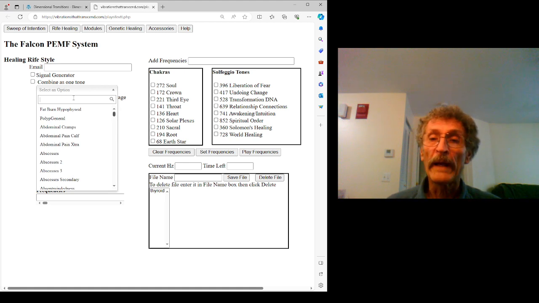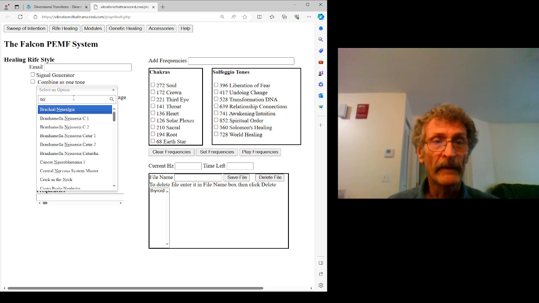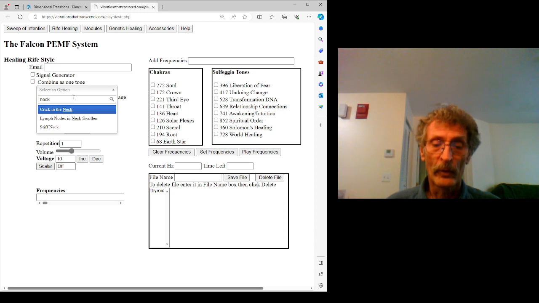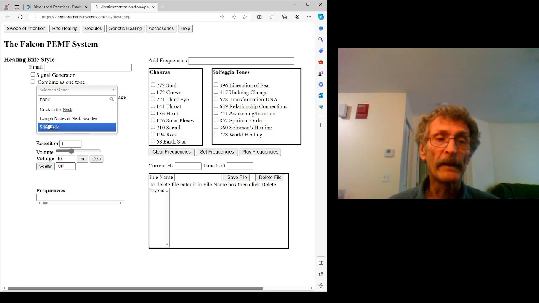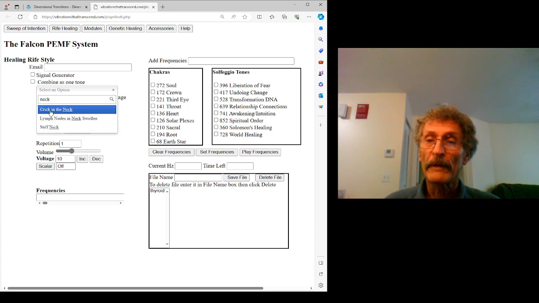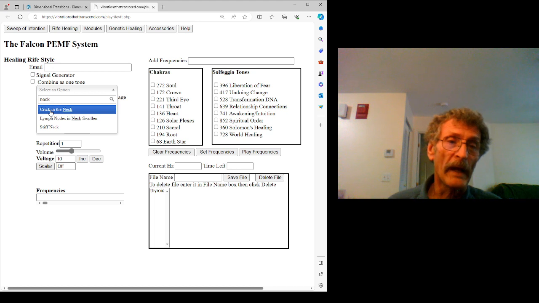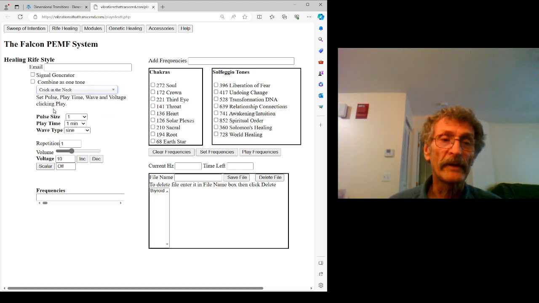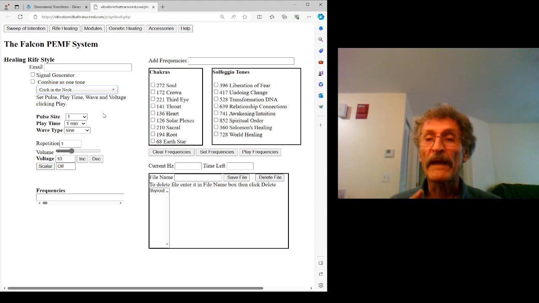If you want a quick way of finding things, you can just type in something like neck, and you will see 3 possible frequency combinations for that type of ailment. If you want to choose crick in the neck, you just click on that, and that will save that set of frequencies ready for you to use.